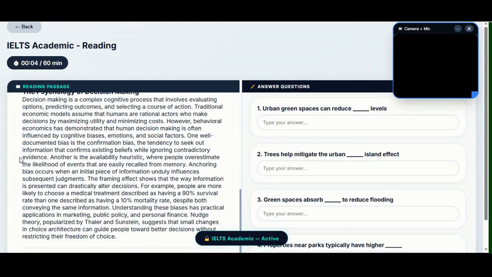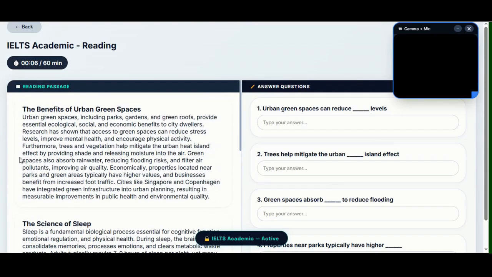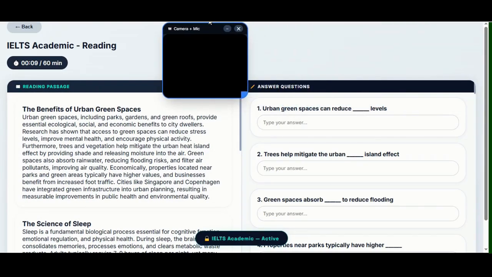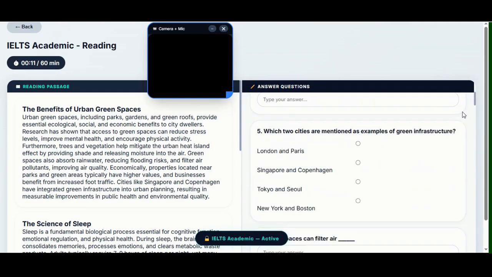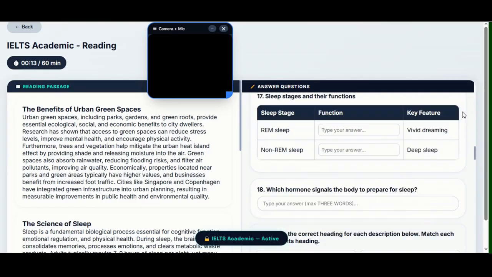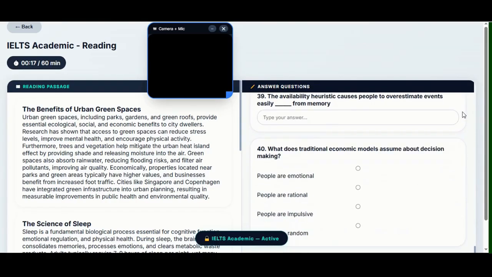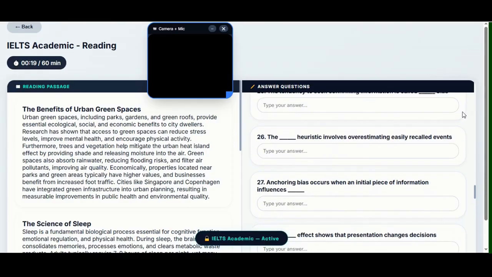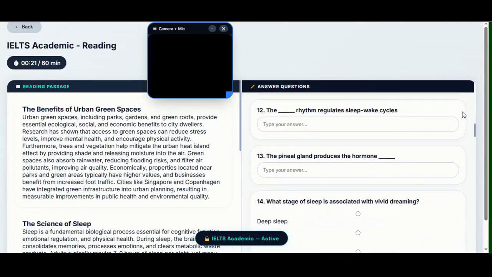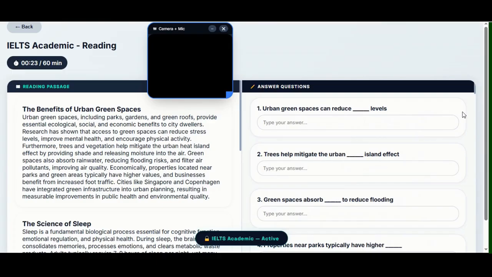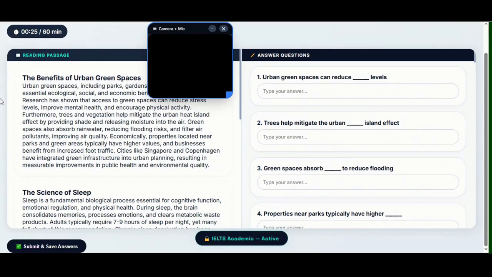For IELTS Academic and General, classic texts with question types such as true, false, not given, matching headings, and short answers. For CEFR, the structure is more complex, with 5 parts, each with its own type of tasks. For example, in Part 3 you need to match headings to paragraphs, and in Part 4, answer questions based on